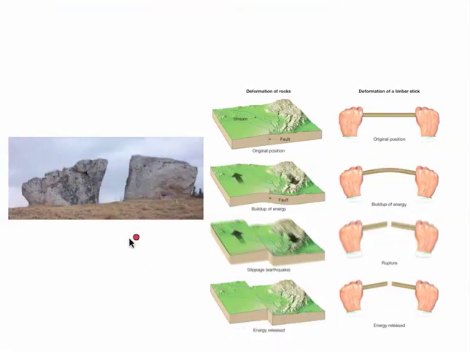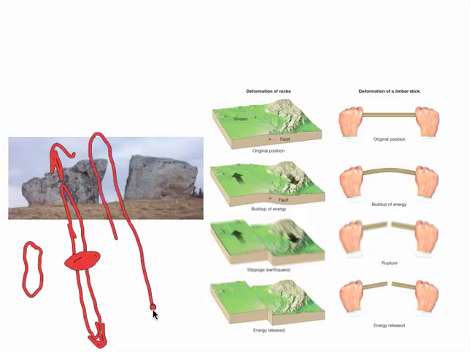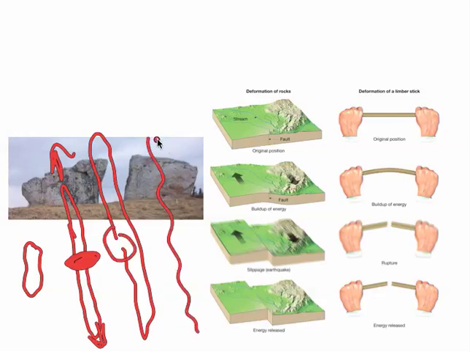This can be compared to a rubber band. So if we had a rubber band and we pull it, and we stretch that rubber band as far as we possibly can, and we're pulling it in both directions, there's a lot of force and a lot of energy happening right here in that rubber band. Eventually, that rubber band is going to break, and that energy is going to be released. So the rubber band has snapped, and then it's going to return back to its normal state, a resting state.